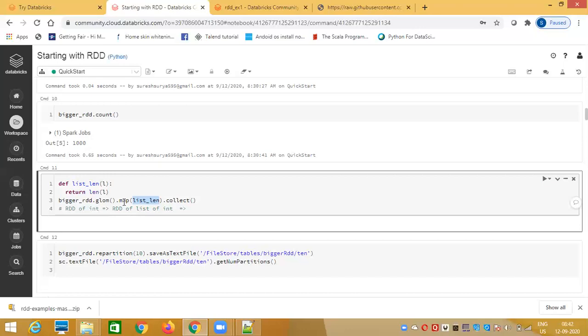So the map function will keep on iterating through each and every element of that particular RDD. It will apply a certain function on each and every record, and it will return a new RDD. That's basically the logic implemented in the backend code of map. Okay, so now there are two parts: certain static logic and certain dynamic logic.